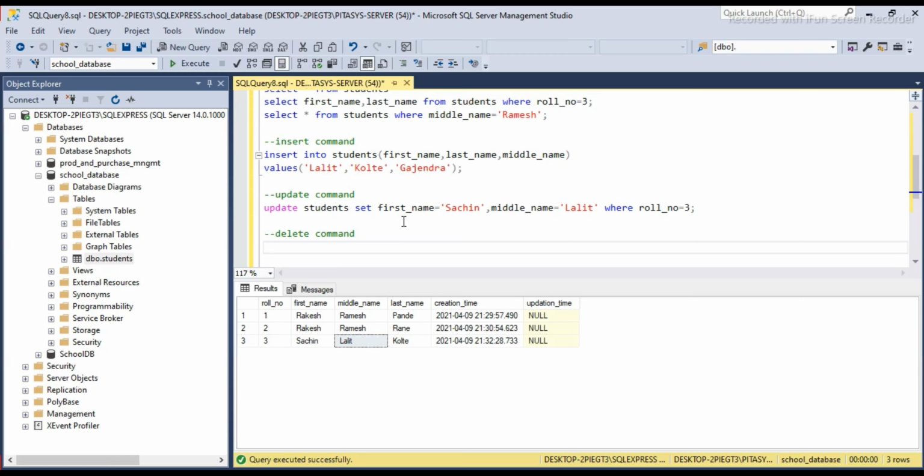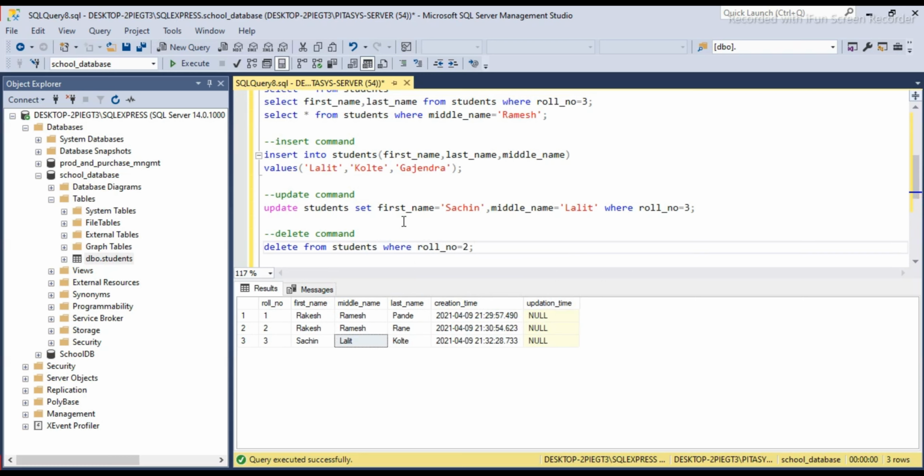So suppose we have to delete the record having roll number 2 from the table students. This is the syntax: delete from table name, that is our students, where roll number is equal to 2.